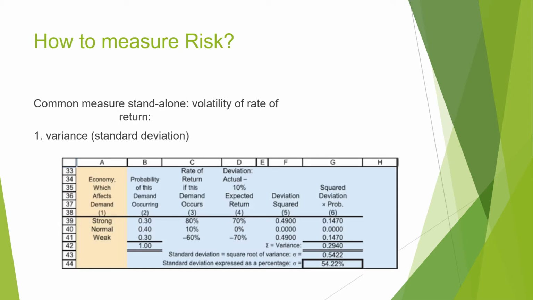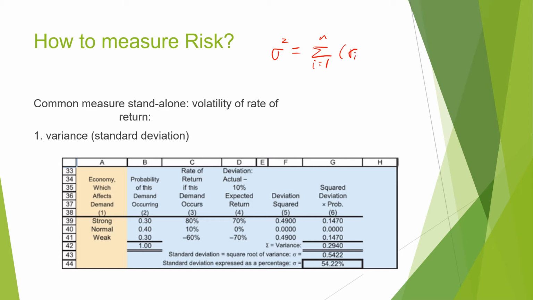Let's see how to measure the volatility of rate of return. This volatility of rate of return can be shown by variance of returns or standard deviation of returns. Because standard deviation is a positive square root of variance, we can just find variance, and then that can be a standard deviation also. So variance sigma square is summation of i equal 1 to n